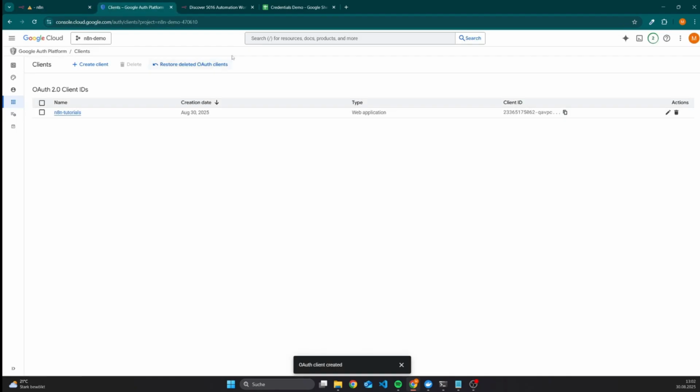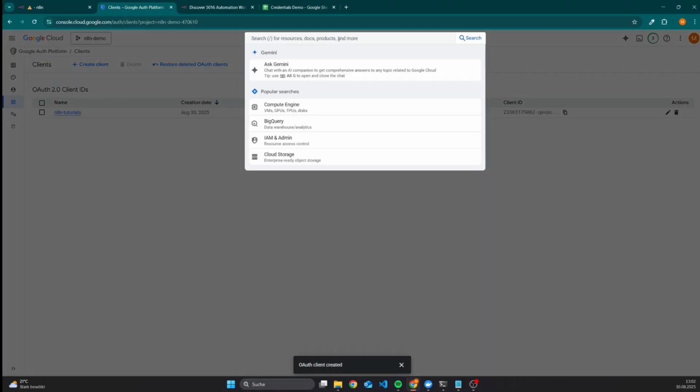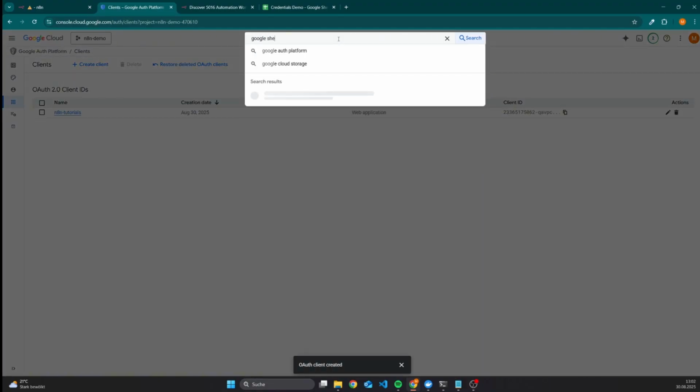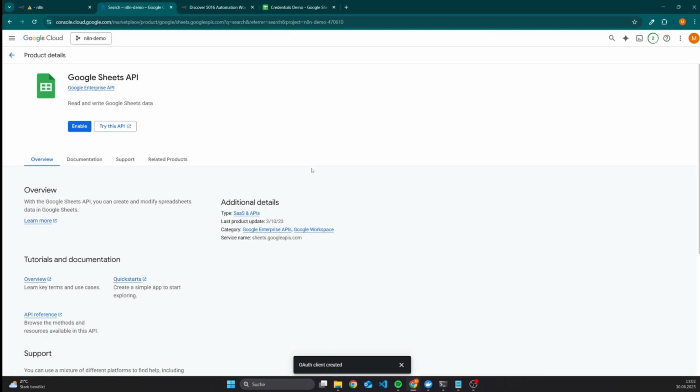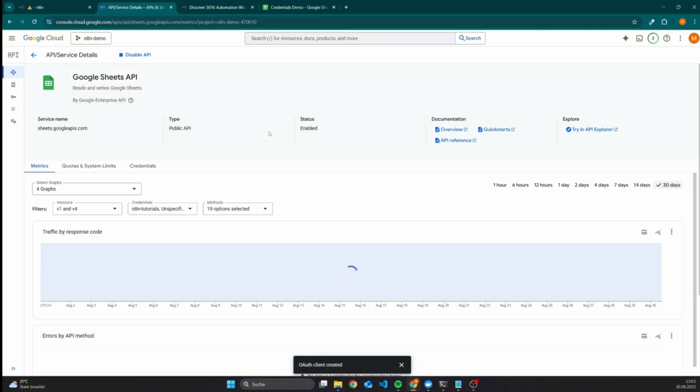And usually this means that you forgot to activate the API for your project, but it's super simple. I can also show you it. We can just search for a resource. So let's say Google Sheets. And then we have here the Google Sheets API, and we can see it's not enabled. So I just have to click on enable, wait a few seconds,